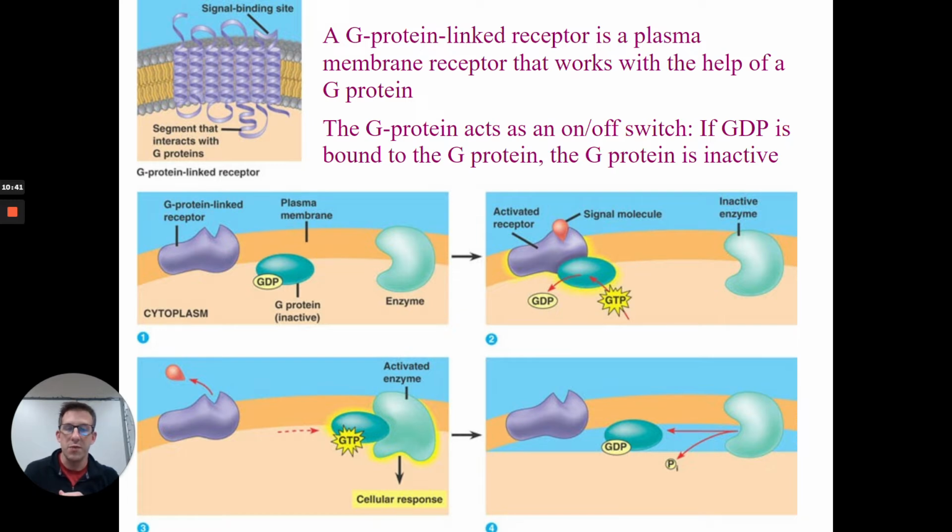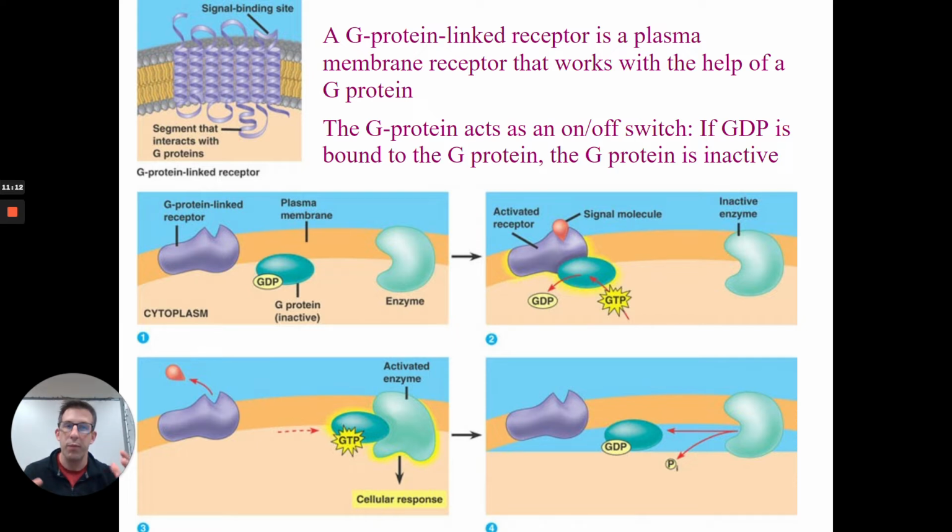And when a molecule has become activated, that molecule is on. And when that molecule is on, it can then go activate something else or turn something else on. That's how these things work. So spend time understanding what I just said. When a molecule is active, it means it's on, but not only does it mean it's on, it means it can go activate something else. That's a very important point to make, and we're going to see it here in the G protein linked